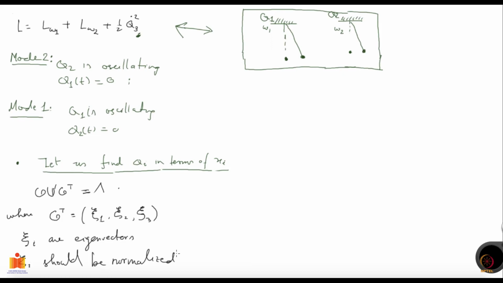And you also remember that when we were talking about diagonalization and looked at orthogonal matrices, for the matrix to be orthogonal, not only should all the columns be orthogonal to each other, each column vector should be normal. So the magnitude of each column vector should be 1. So whatever eigenvectors you get, you should normalize them, so that the magnitude of each eigenvector is 1. That is what the xi i should be.